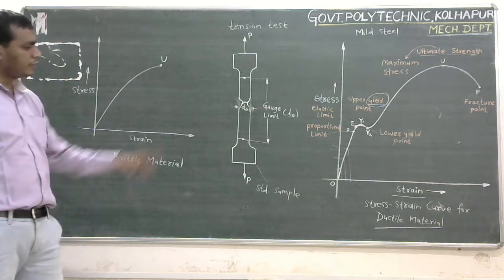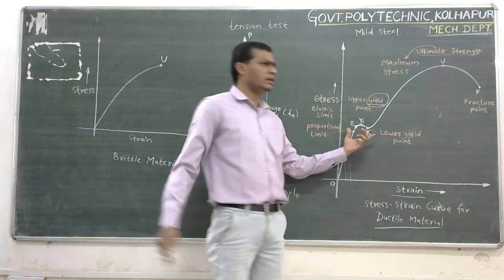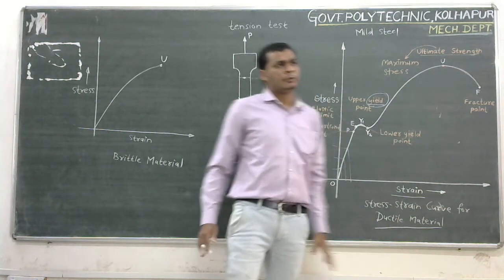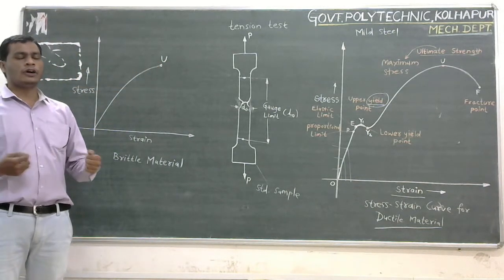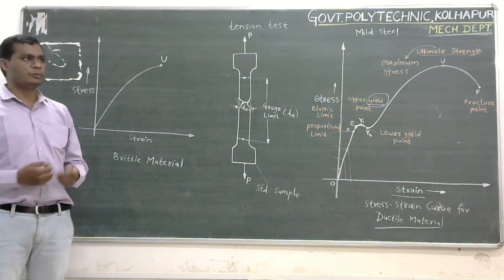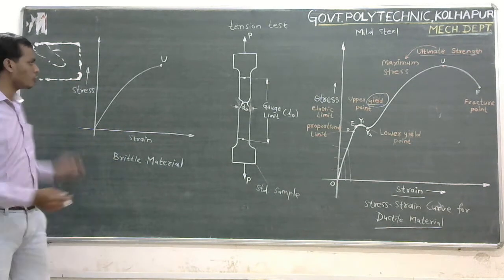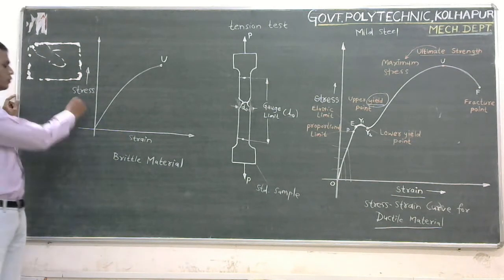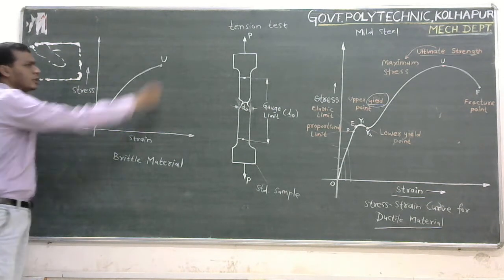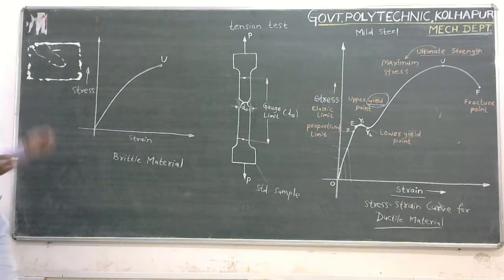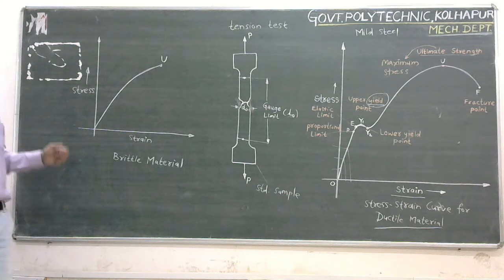So we have seen the stress-strain relationship for ductile material. We have seen the curve. There is a clear yield point, ultimate point, and fracture point. But a brittle material is a material in which there is no significant plastic deformation. The material doesn't deform after application of load, but suddenly fractures. So for that material, the stress-strain curve is like this. There is no proportional limit, no elastic limit, because the material doesn't deform elastically. The material directly fails or fractures, a sudden and total fracture.